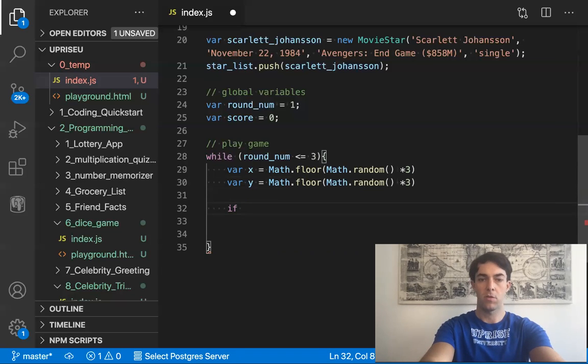So we're going to use a bunch of different if-then statements. You could also use a switch case statement here, but for simplicity, and since we haven't really learned that too much yet, I'm just going to use if-then statements. So first, if y is equal to 0, we're going to ask the user